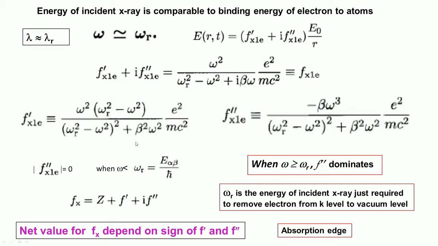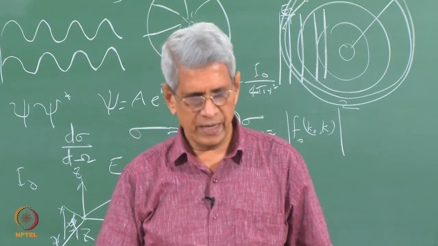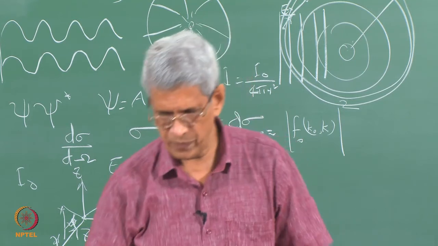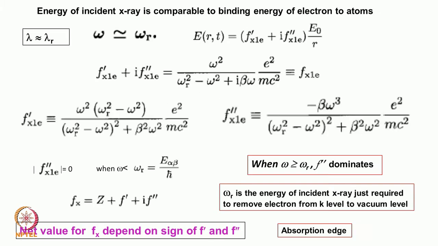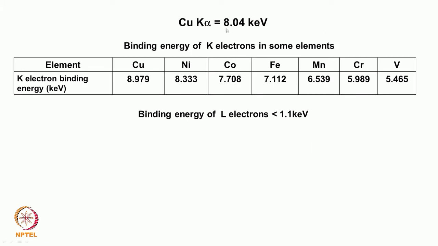Essentially what is going to happen is that these factors are now going to change. Let us assume the case with respect to copper K alpha itself. Suppose I take the case of cobalt, an example which I consider because then one will be able to understand it much better. K alpha energy is 8.04 keV, whereas the K electron binding energy in copper is 8.9. If the sample is containing nickel, 8.33, so it is higher. Cobalt, if you consider, 7.